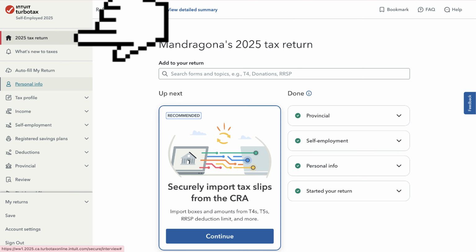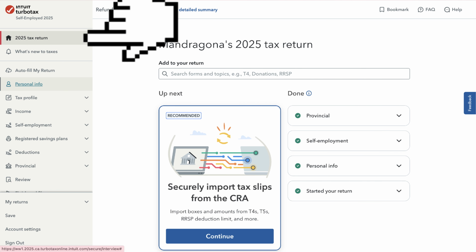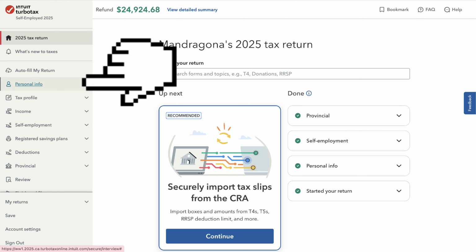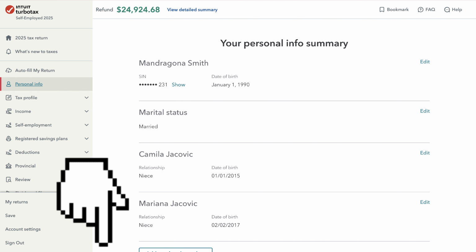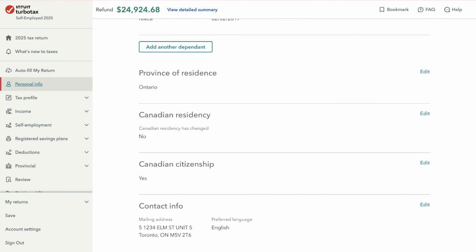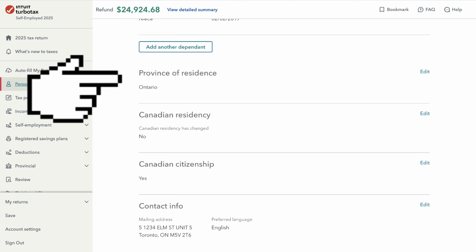So make sure you are clicking on the 2025 or your current year tax return button, and then tap on the personal info option just below it. On your personal info summary, you may scroll down. So first, you will see the province of residence, where you may edit or change your residence province if you